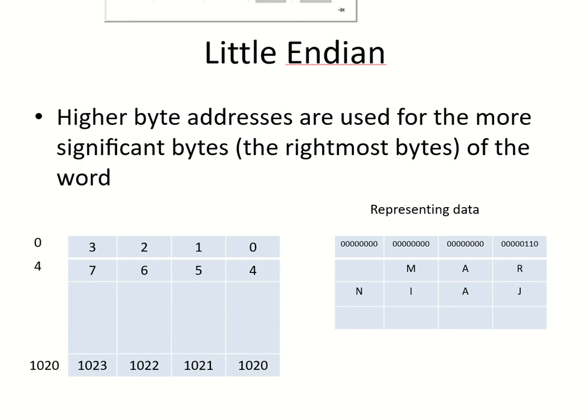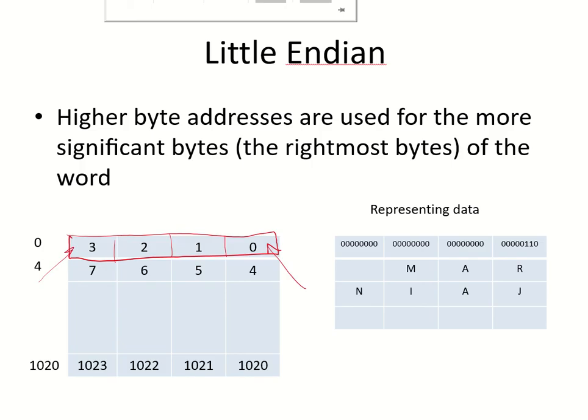Let us do the same thing with the little endian representation. This is the word having 4 bytes in a 32-bit machine. This is the least significant byte, and it has the lower address also. The most significant byte over here has the higher address. And this will be the case for all the words.